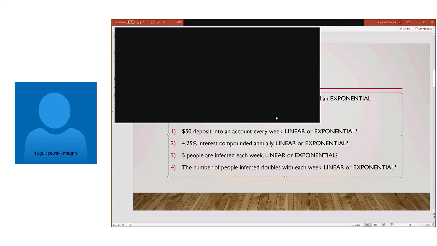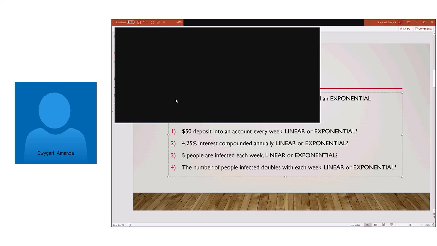Like linear is you're just continuing in a straight line, adding the same amount, and then exponential, you're doubling it. Okay, good. And that's much better to hear you, by the way. Yeah, so I'm going to touch on two parts of that, which the linear part was very, very good. So linear, when you think about the actual graph, that's going to be a constant change. So the word constant, and I see that Abby, you included that in your explanation too, is very, very important when we're looking at linear.